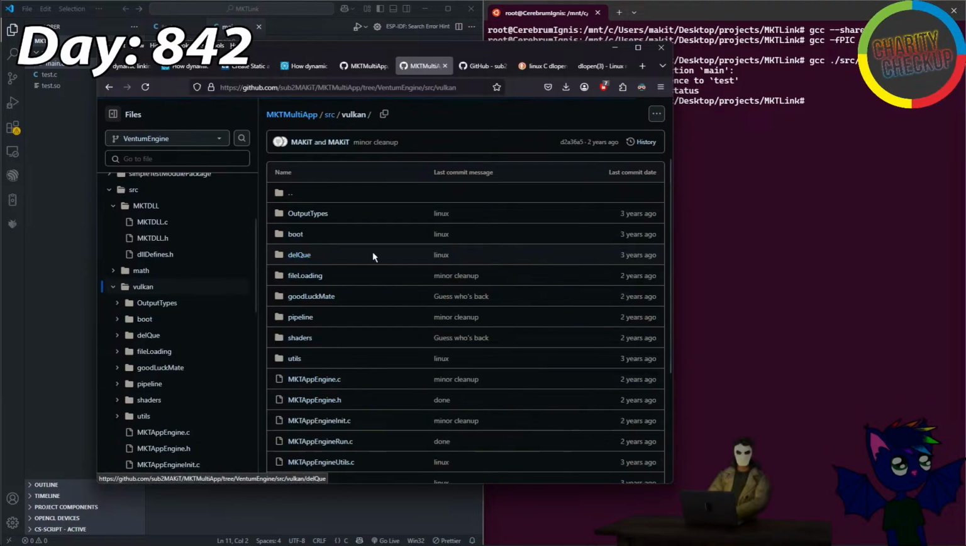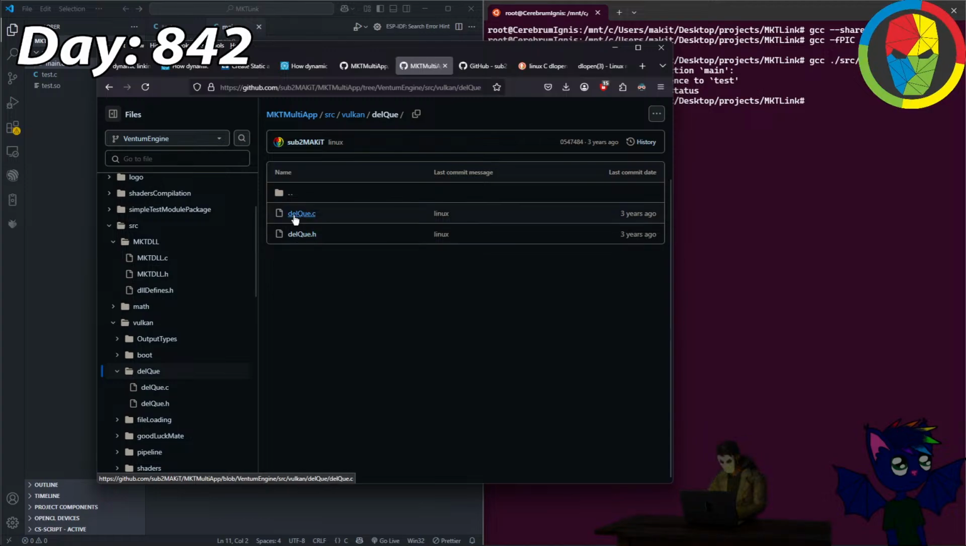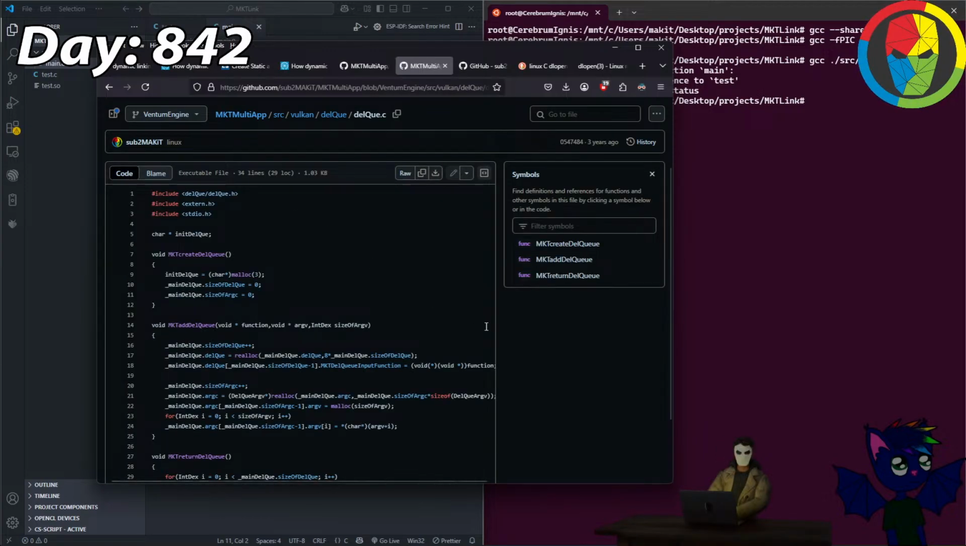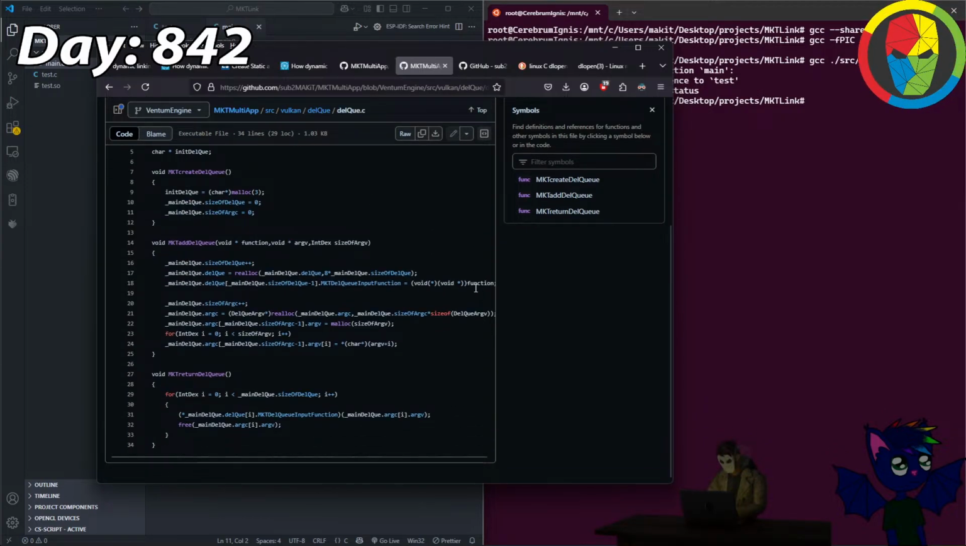I don't know why it's inside of Vulkan, del Q. This is basically what I want to end up with, which is a way for us to access functions without any precompiled types involved. This is